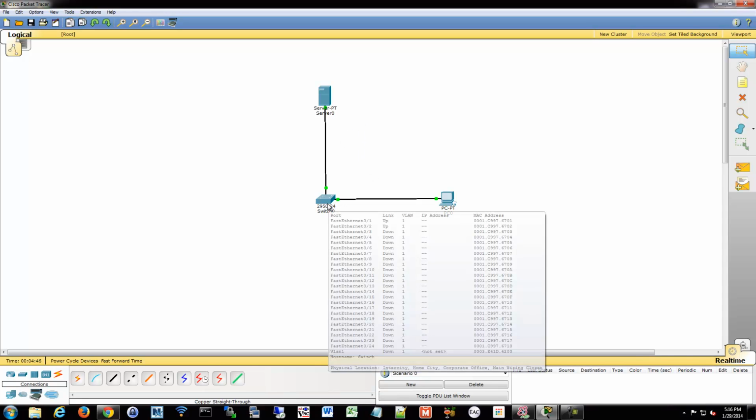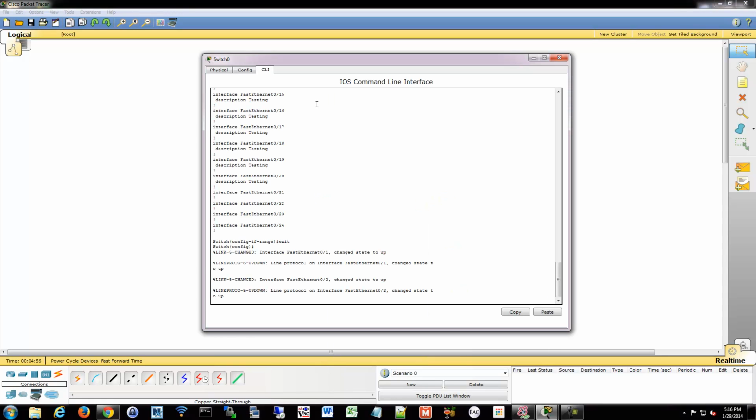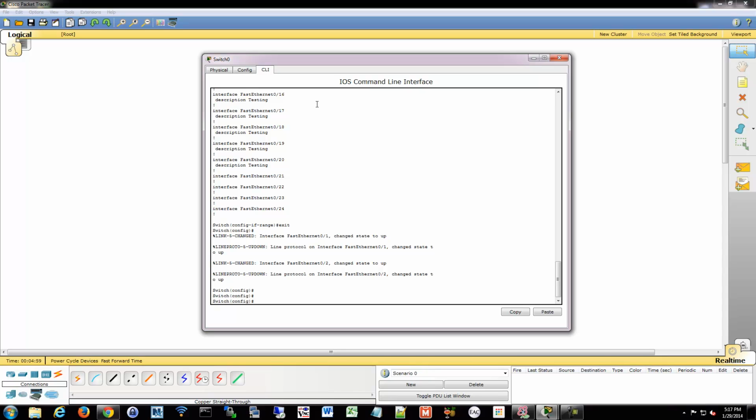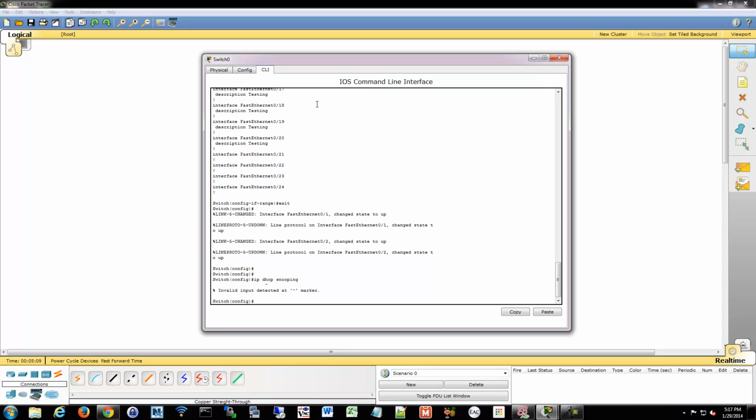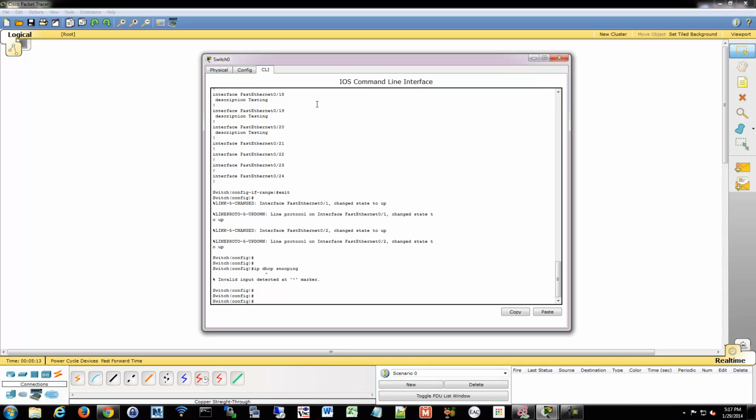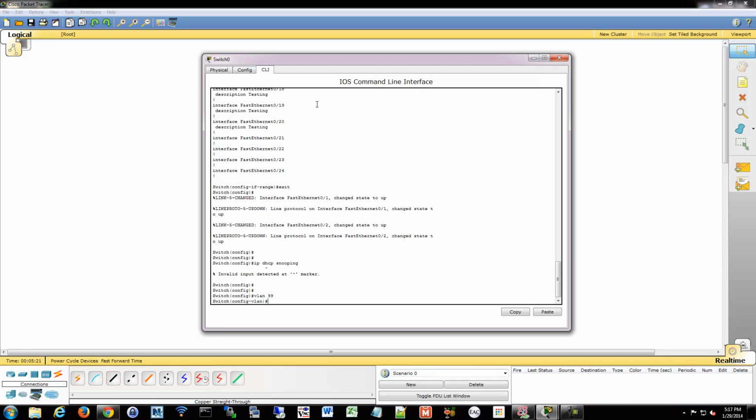Unfortunately, I can't show that to you in the simulator that I have right now, but if you have a physical device, depending on what version you have and what device it is, you can turn on that feature, and I'll show you how to potentially do that. So what you would do is go into global config mode, and we're going to turn on DHCP snooping. So ip dhcp snooping. If you did that, it'll enable it globally, so that turns on the feature essentially. You would then define a specific VLAN. So if I had VLAN 99 on here,